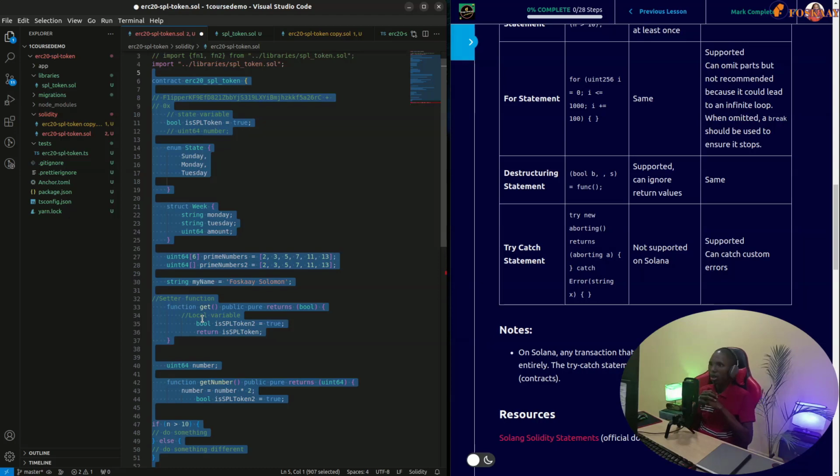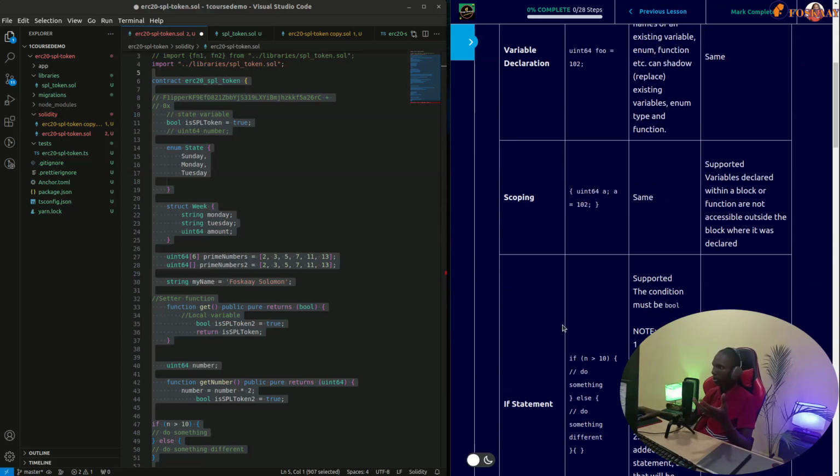So in such a case, at times, even while that is trying to roll back, you still want it to catch some error and continue. So that's when you use try and catch, but that is not supported currently in Solang Solidity as at the time I recorded this lesson. So maybe in future, because on Solana, once that 1% fails, everything gets rolled back. So there's no trying to catch and then try to patch things up like you have it on EVM. So that is how